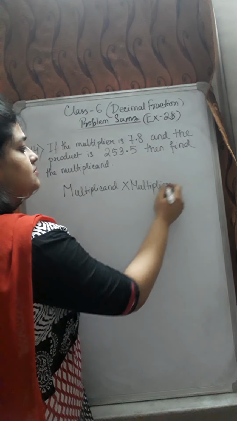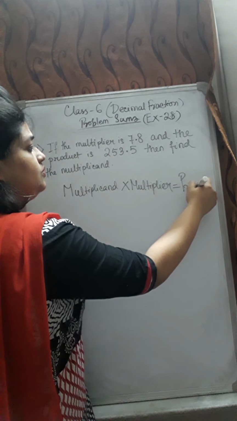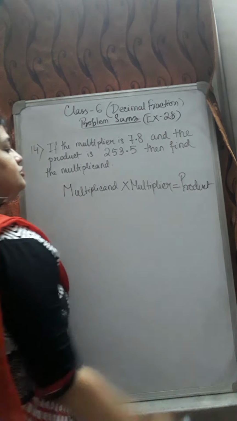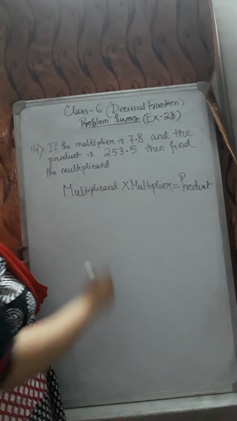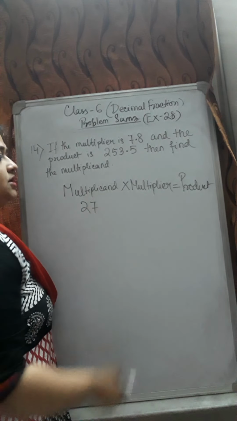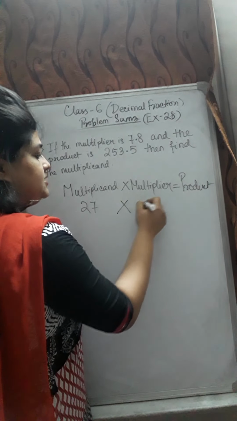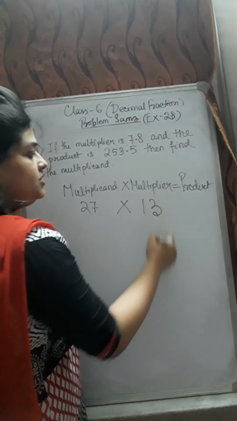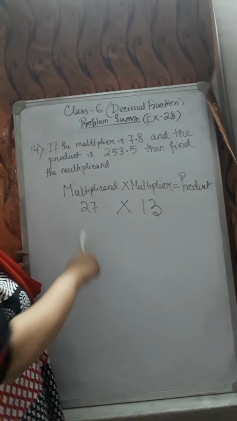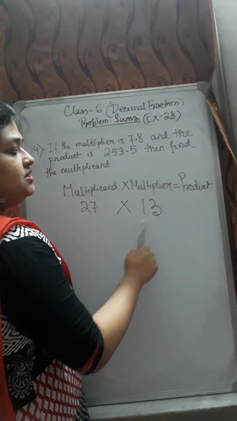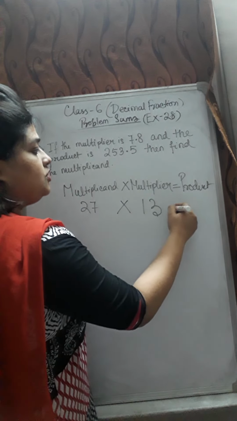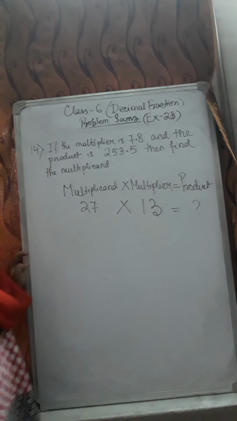And after multiplication, whatever you get, we call that product. So if I say multiply 27 13 times, 27 is the multiplicand, 13 is the multiplier, and after solving, whatever you get is known as the